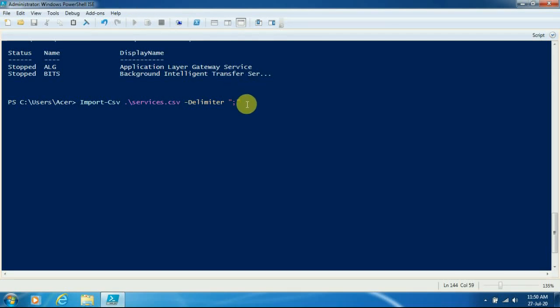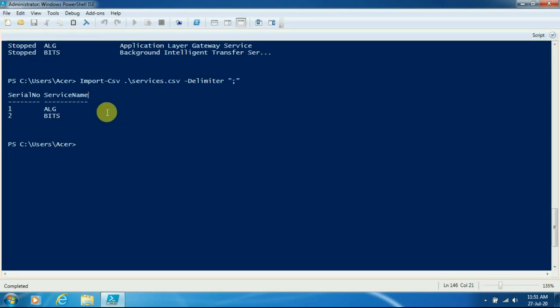Basically when we create any CSV file, columns are separated by comma. But if you want to manually specify the delimiter, you can use any character. I have used semicolon. If I execute this now, you can see that the CSV file contains two columns. First is serial number and second is service name. So this is how after importing the CSV we get the output.